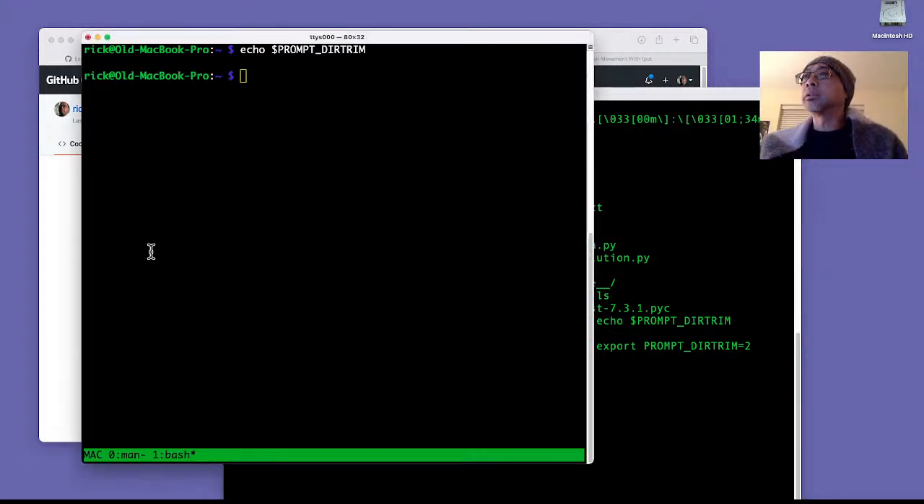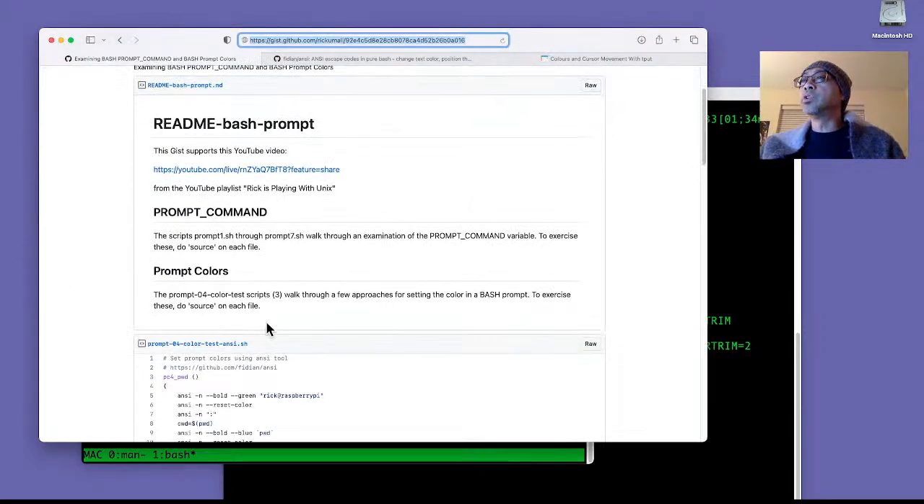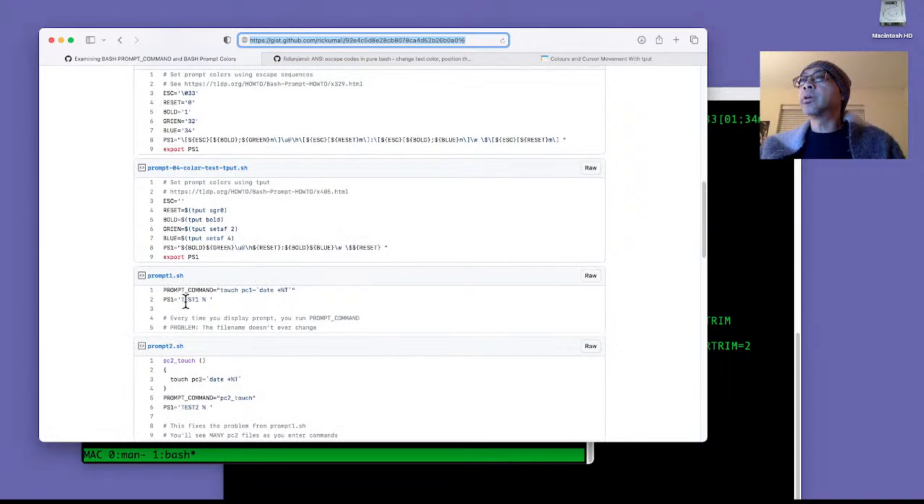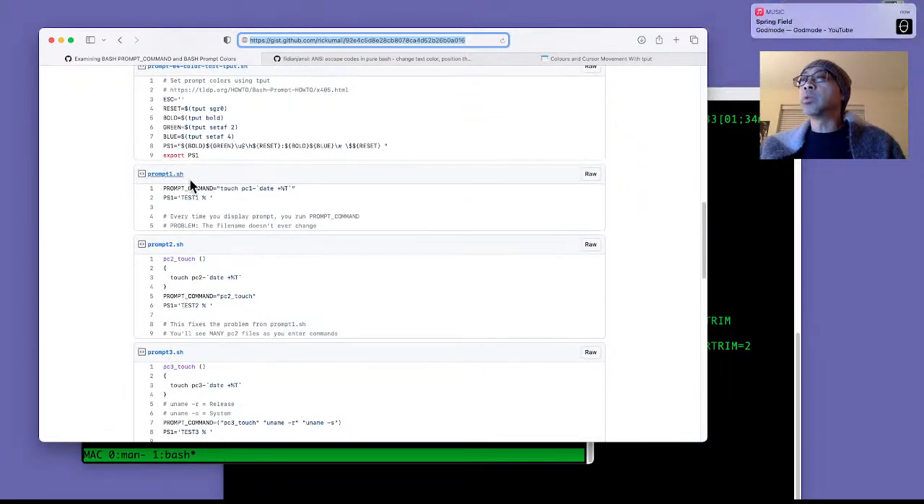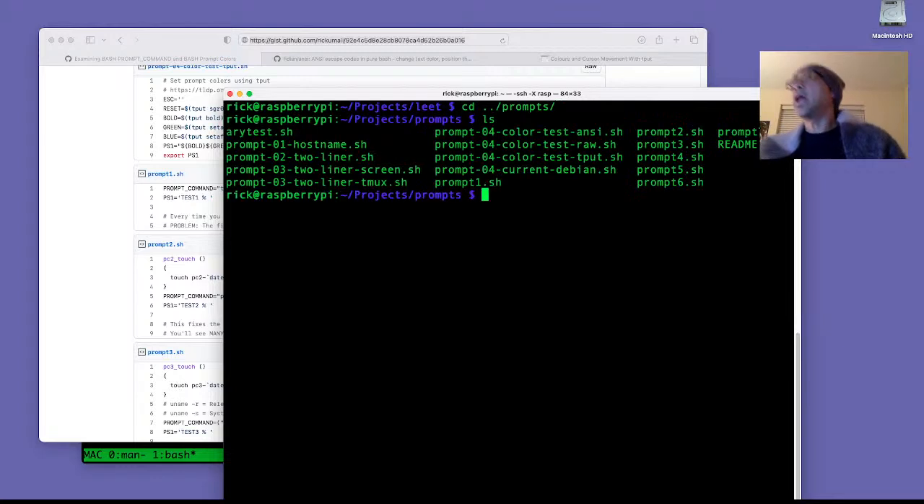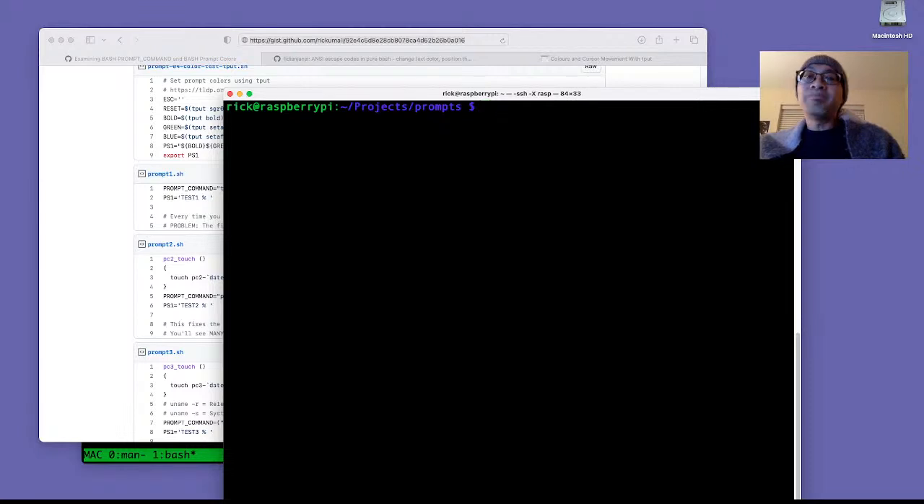Let's actually explore that. And this is where we get into this gist here. There are these prompt colors that are at the top of the gist, but we're going to start doing it with the prompt 1 command. So if I go into this prompts directory and I do prompt 1, we're going to exercise this. We're going to